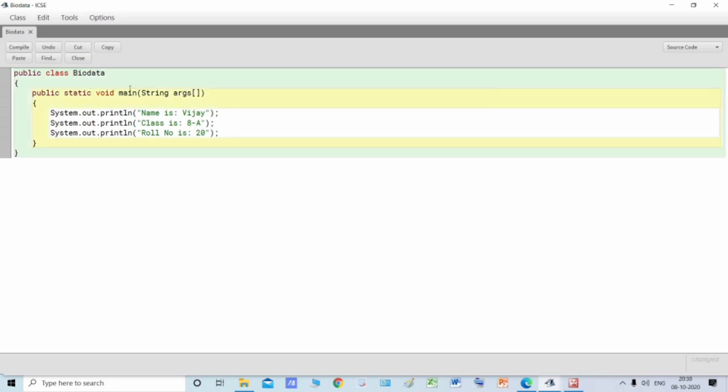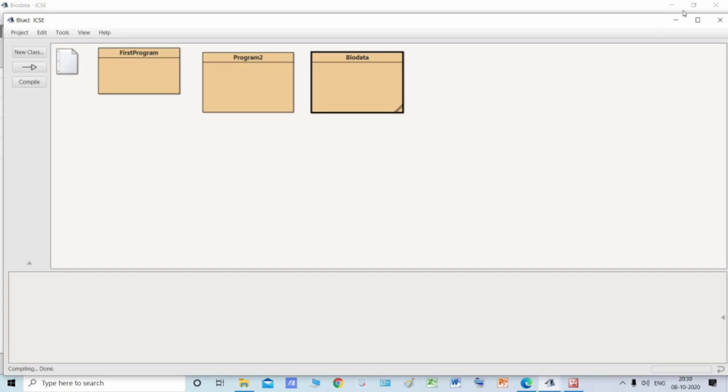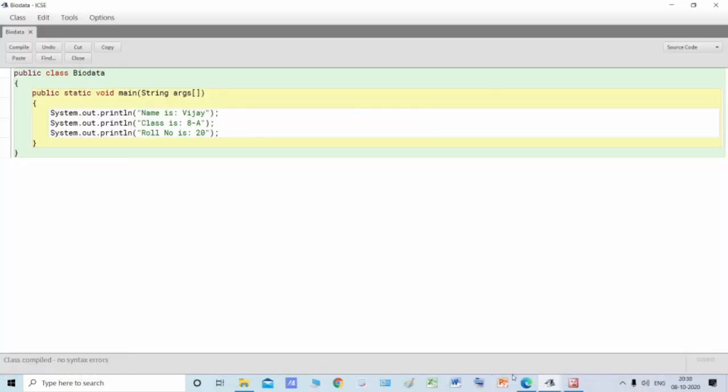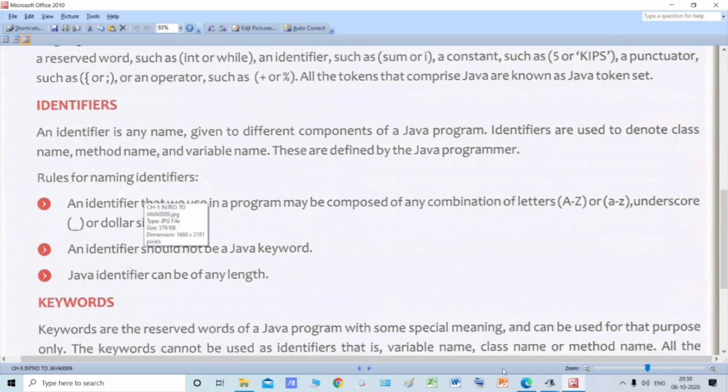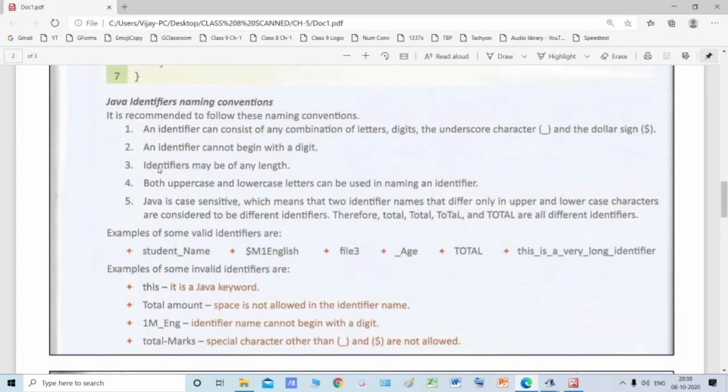Yes, you can use a digit anywhere else, like B1, or at the end, like biodata_1, or biodata1 or biodata223. So this is a correct identifier name. This is how you name your identifiers. Then the other rule is that identifiers may be of any length.